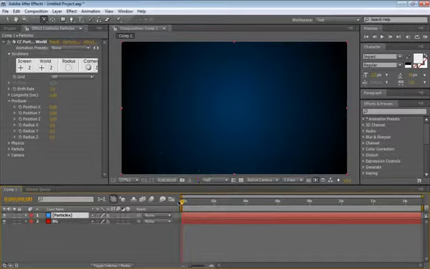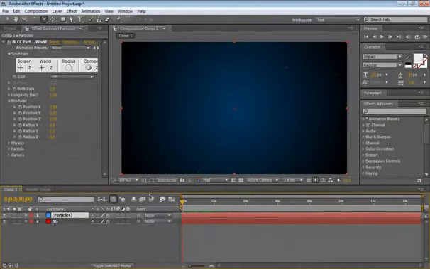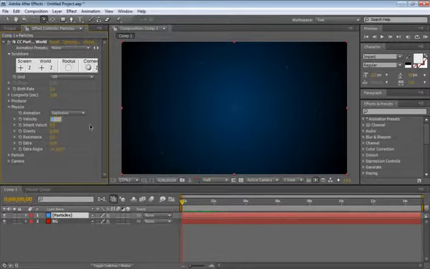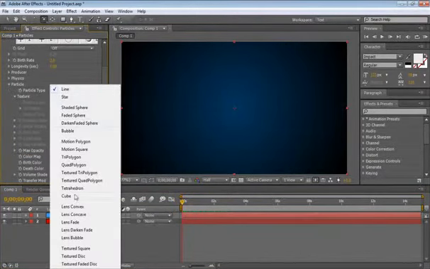So, we have our particles, great, but they're shooting out explosively. We want to go down to our physics settings, and we want to change the velocity down to 0, so they just fall, basically, nothing else. Because why do they fall? Simple physics question. Gravity. Reduce gravity to 0, and now we have nothing. We don't see anything because our particles are lines. Now if we go down to the particle, we can change the particle type to maybe lens convex,